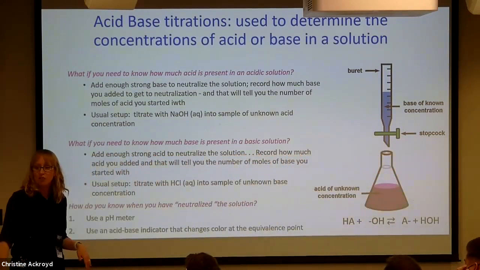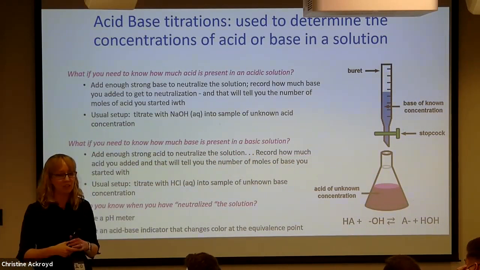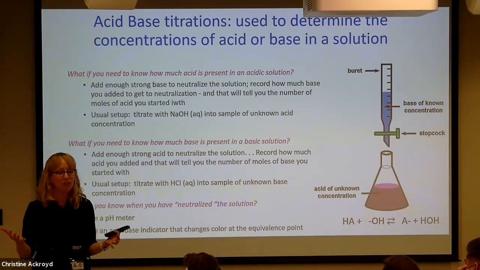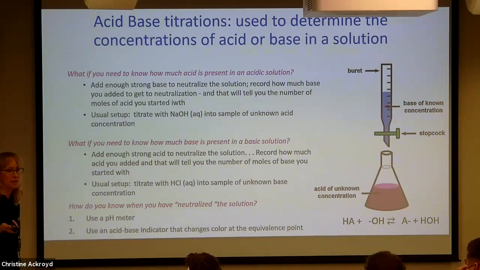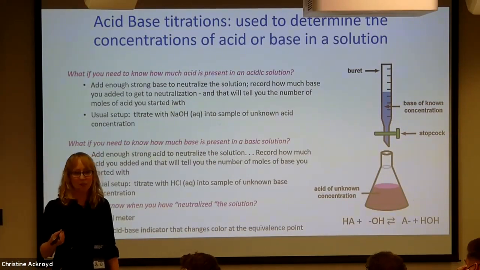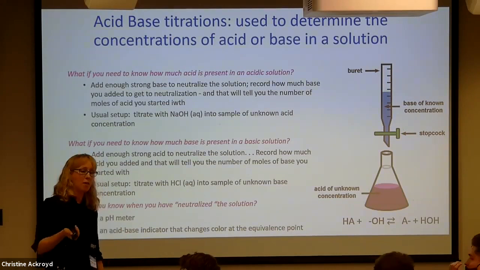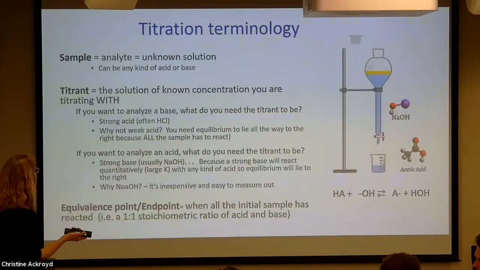A more old-fashioned approach is to say there are dyes that change color at given pHs. So you add a drop of that dye into your solution, and when you get to the right pH, your solution changes color and you're done. In Chem 107, you used a pink indicator, right? A pink dye. Phenolphthalein, was it? It was blue. Was it blue? Okay, a different one, not phenolphthalein, but yeah, that just tells you.